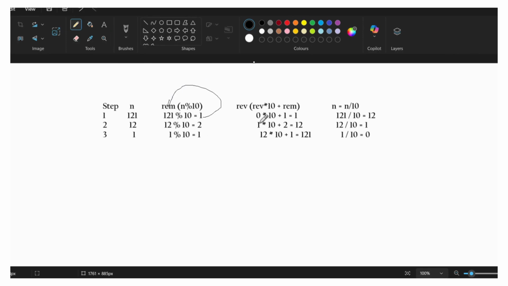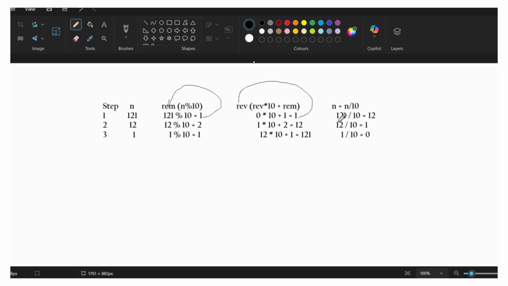And reverse value is 0, because I already declared the reverse value as 0. Then reverse multiplied by 10 plus 1, because the remainder 1 is stored in the remainder. 0 into 10 is 0, plus 1 is 1. Then 1 is stored in the reverse.